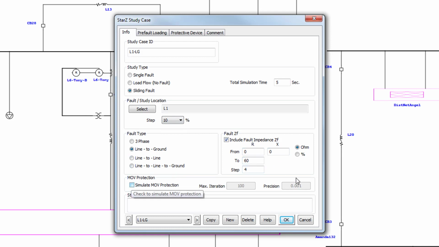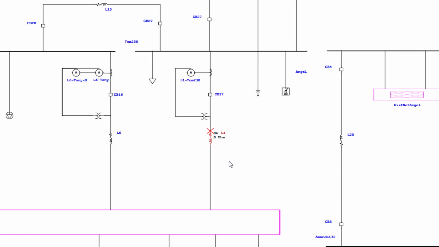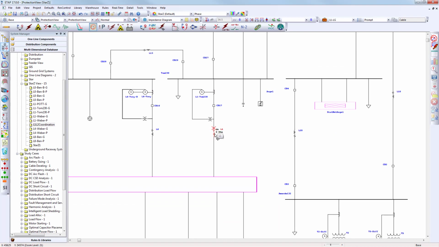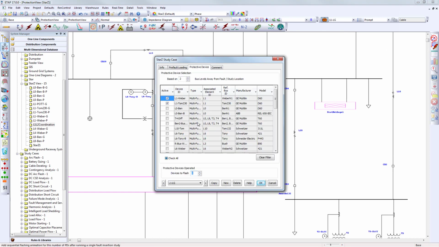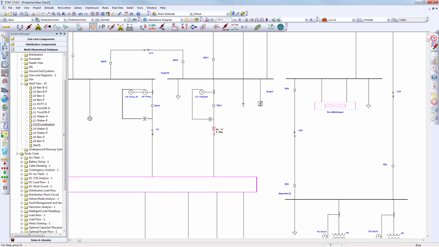If you have a series compensated line, you can say, I want to simulate my metal oxide varistor in this case. One thing that is important here: once I run this fault analysis, it's going to run multiple fault analyses at the same time and evaluate the protection relays as actually selected. In this case, I've selected the two lines across this transmission line. So if I run this analysis,